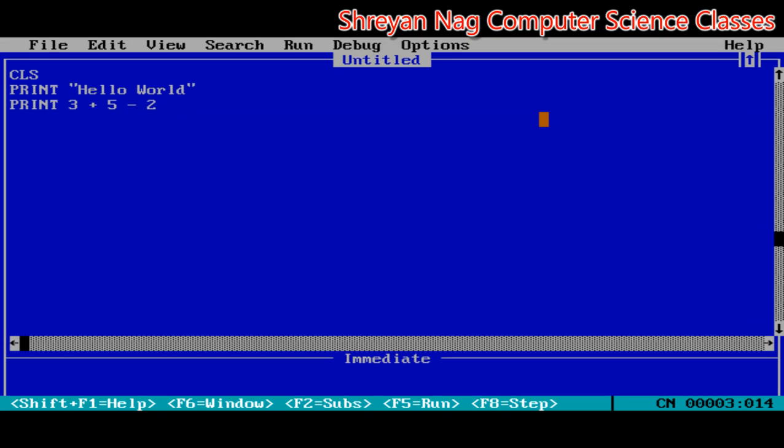Now we are going to use the REM statement. The REM statement stands for remarks, to show the user and to make sure that the programmer understands the program after some point of time, if he or she opens this program again. So to do this, we're going to type REM